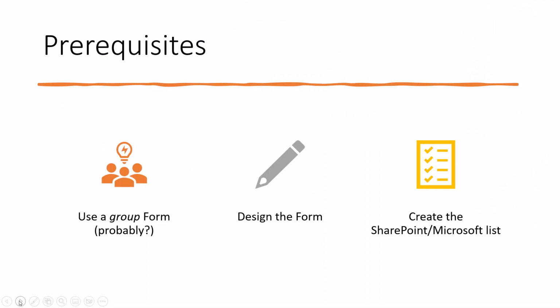so what we need to have in place. Now, first and foremost, I generally recommend, if you're setting up a process where you're going to be using this form indefinitely, use a group form. In another video somewhere, I talk about the pros and cons between group and personal forms. But the bottom line is, if you're building a business process and you want that process to not be bound to or rely on one particular person remaining in your organization forever, then you want to use a group